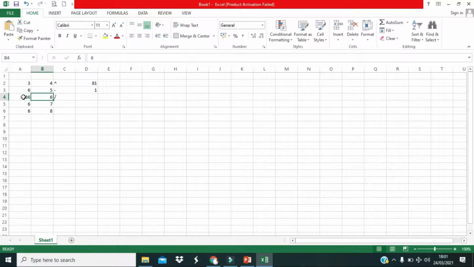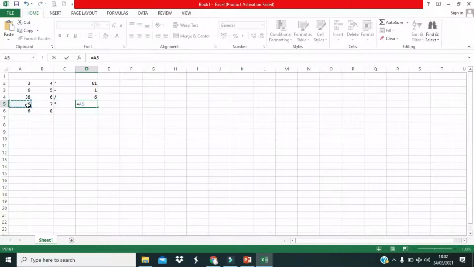So equal, choose this and type this one, 6. Okay, the answer is 6. 6 bagi 6, 6. Okay, the next, multiplication. Again, kid. Equal, and choose this one and type bintang, star, kali, choose 7 dengan.